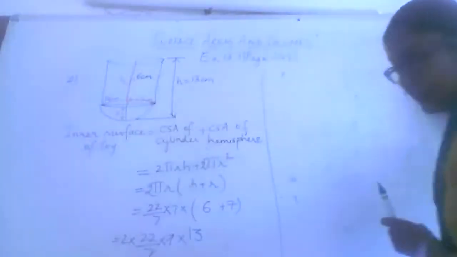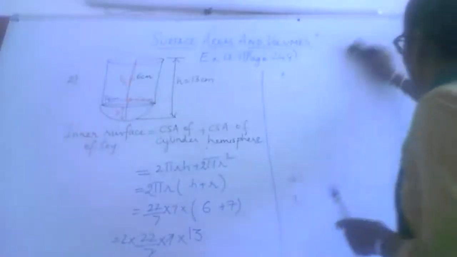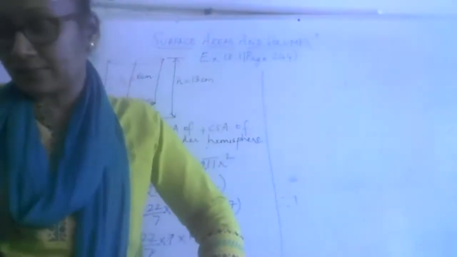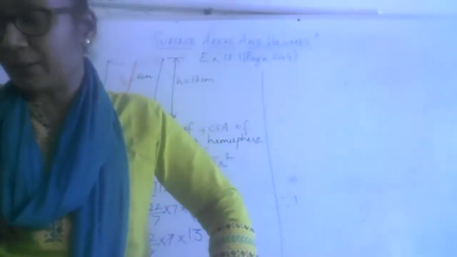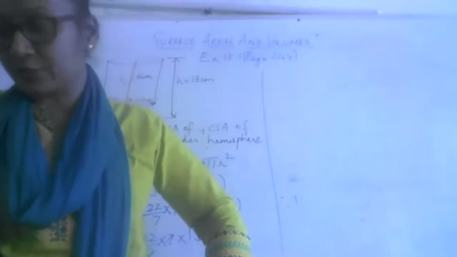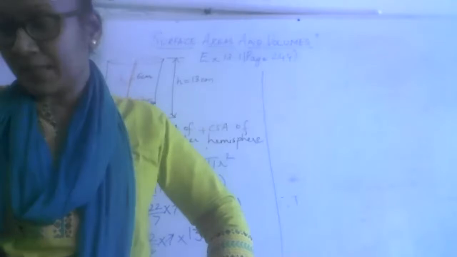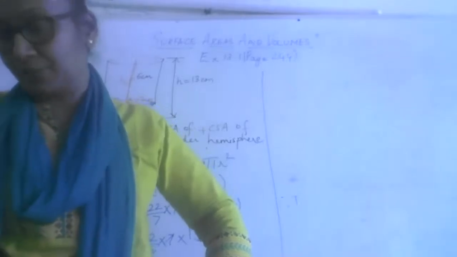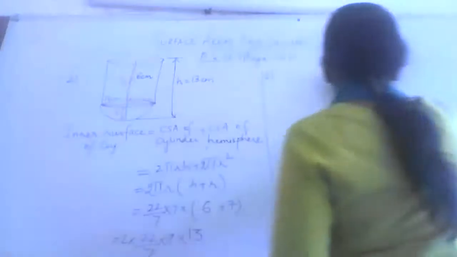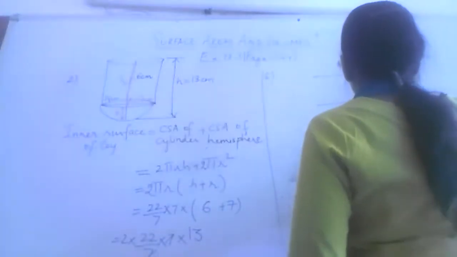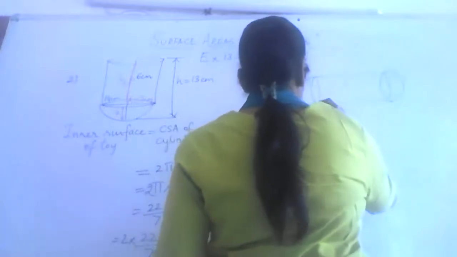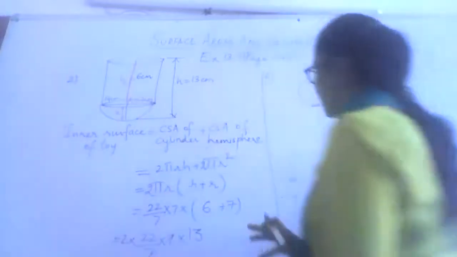Now look at problem number 6, a capsule. At least I will give you the idea, and the simplification you can do. A medicine capsule is in the shape of a cylinder with 2 hemispheres stuck to each of its ends. The length of the entire capsule is 14 millimeters and the diameter of the capsule is 5 millimeters. Find its surface area. So what you have as a solid is a cylinder with 2 hemispheres at each end. Can you imagine? This is how the capsule will look.